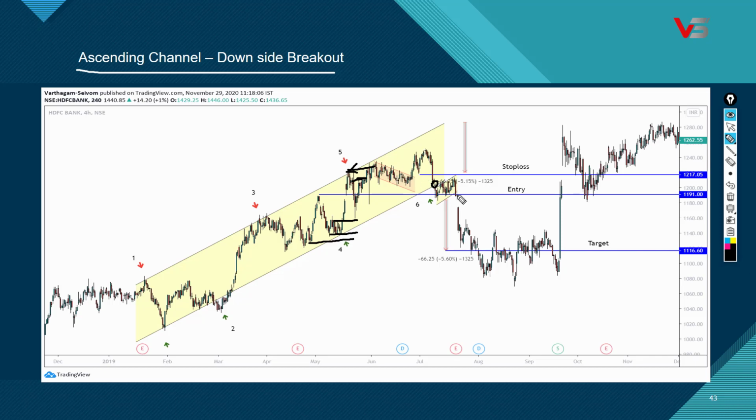So once your breakout happens outside the channel, your target level should be the channel length. This is the channel length. We should fix the target for that length. This length of the channel should be the minimum target. If you ask me, shall we fix the target further? Yes, we can fix the target based on the previous swings. See, the market tested up to this level. This is the minimum requirement, the minimum target,